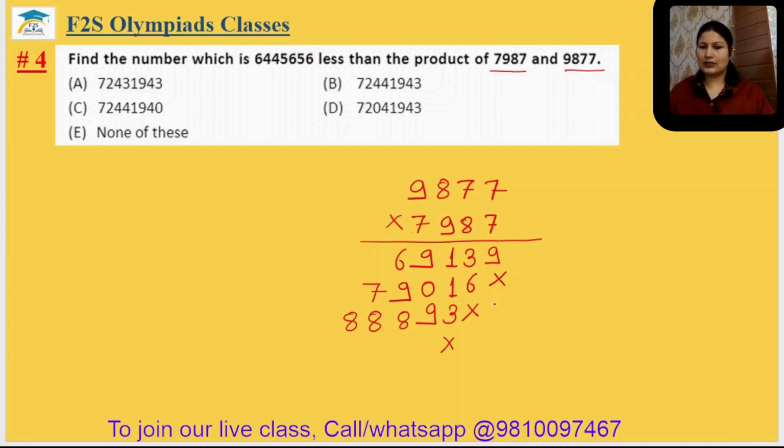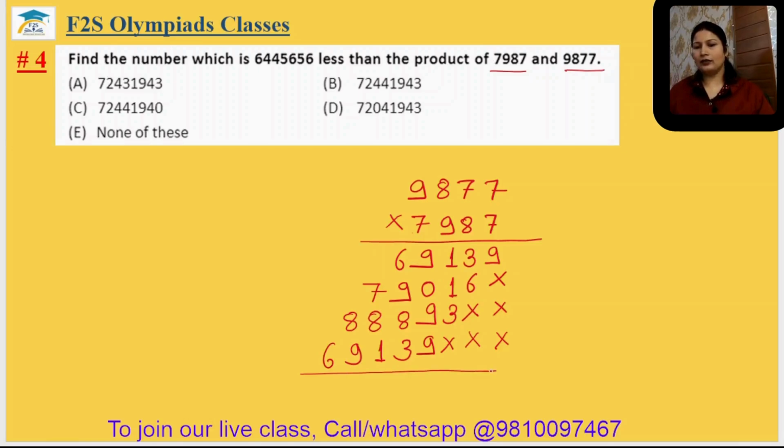Now start from the thousands place digit. So thousands place digit means this will be 0. You get 0 or cross, both mean nothing. Okay. Now 7 sevens are 49, carry 4. 7 sevens are 49 plus 4, 53. Carry 5. 7 eights are 56 plus 5, 61, carry 6, 7 nines are 63, plus 6, 69.